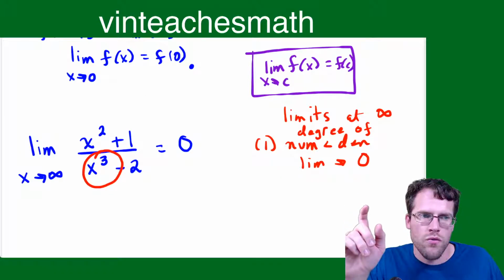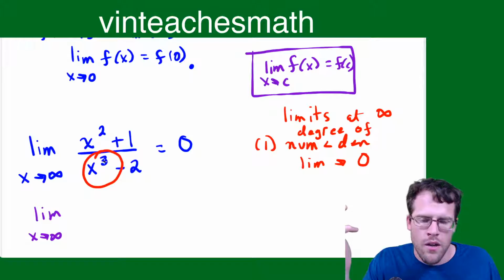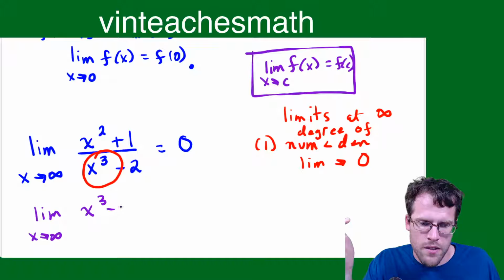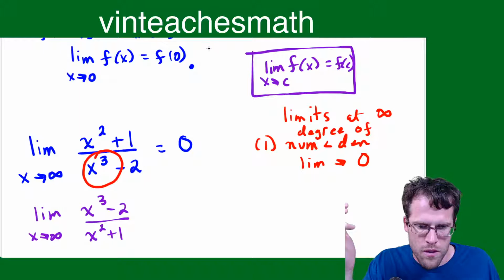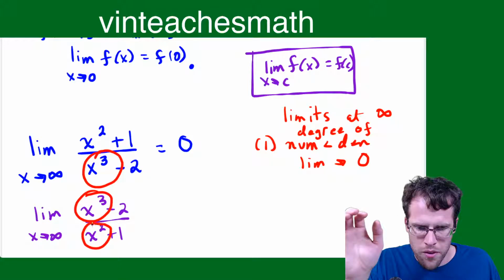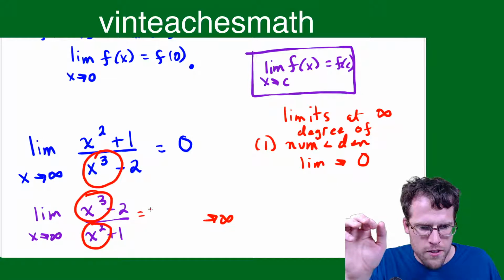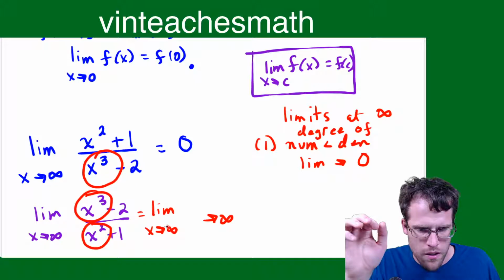The second case that you could run into is a limit as x goes to infinity, and let's say it's a tie. Or we could even say this one first. Let's say it was flipped: x to the third minus 2 over x squared plus 1. There's a helpful theorem that you only need to focus on the leading terms. You see how the leading terms are x to the third versus x squared. So now I know this is going to infinity. The reason is that this is the limit as x goes to infinity of x to the third